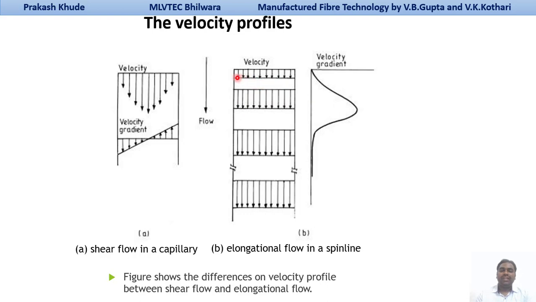will be the same at the same time. You can say that at the same point the velocity will be equal for each element, but it increases as the fluid flows downward. As we are elongating this polymeric fluid, the take-up speed is increased, or you can say take-up has taken place, and during that the velocity increases. So the velocity gradient, if you see here, increases tremendously as it goes downward along your spin line. But at the same point of the spin line, the velocity in all the polymeric fluid will be the same.